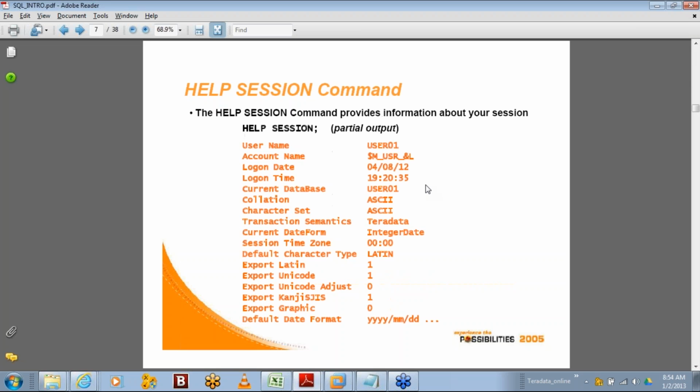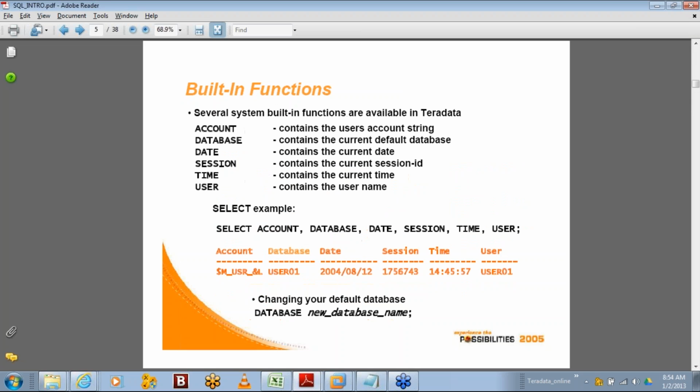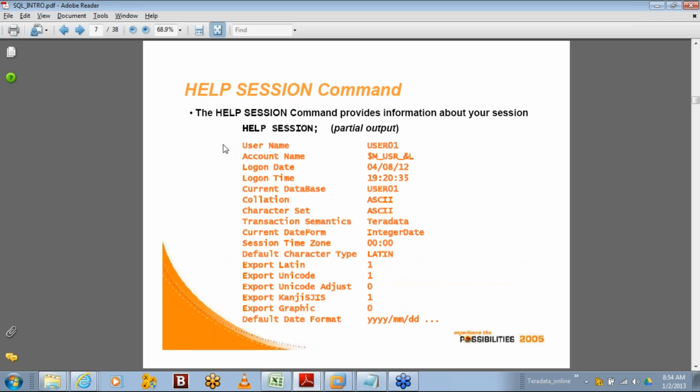And the next command is help session. So earlier we have seen each and every built-in function individually with the select command, right? Select account, select database, whatever you want you can write. Select database, it will give you default database. Select account will give you what is the priority levels of that particular user. Select date will give you the date. But if you want to see all this information of session with a single command, you can use help session,